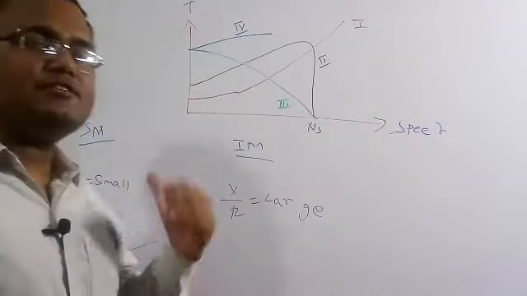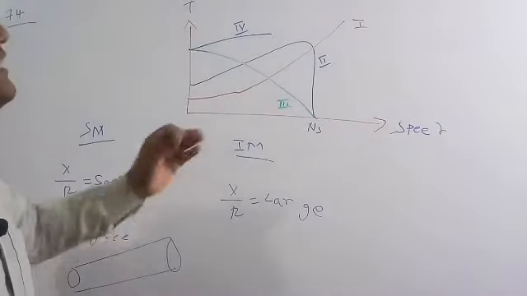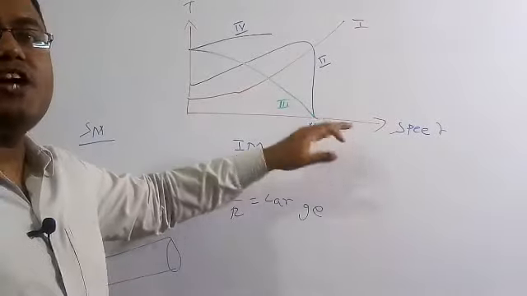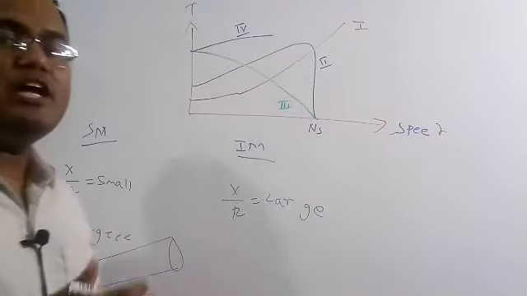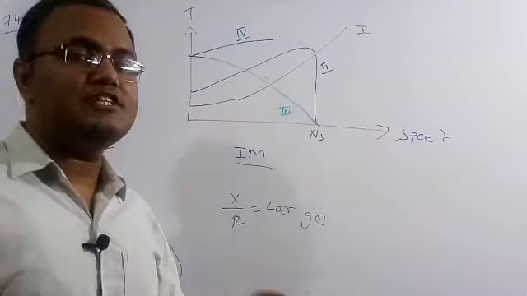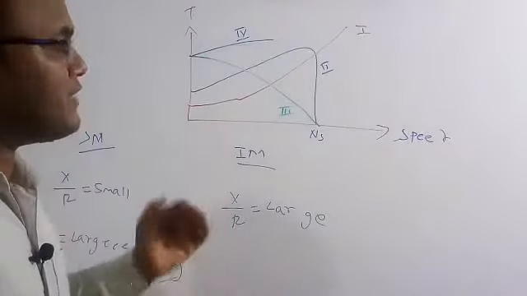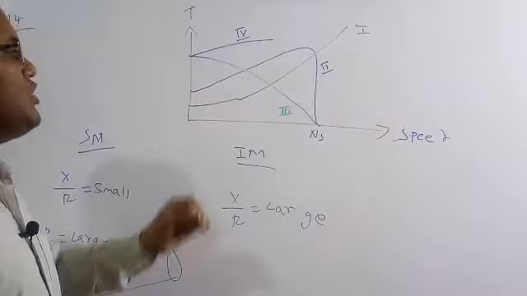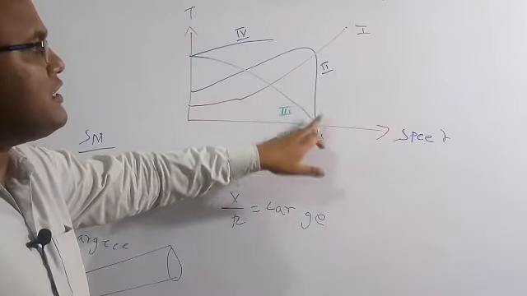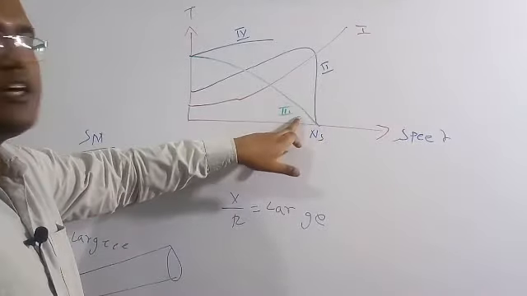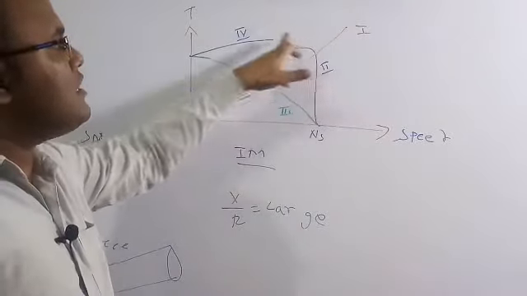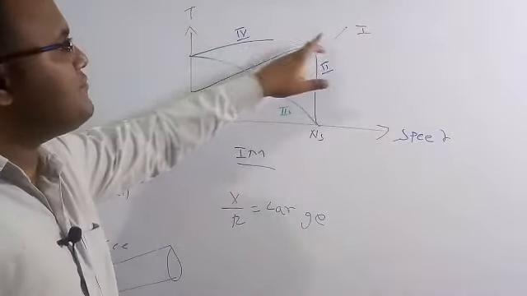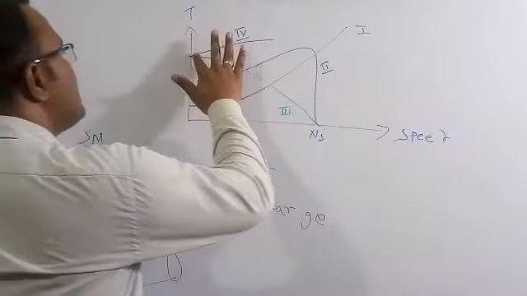Basically, an AC servo motor is nothing but an induction motor. Whenever the induction motor is operating at synchronous speed, the torque has to be equal to 0, because there is no slip between the rotor and the stator. Therefore there is no relative speed, so no relative flux, meaning the torque has to be 0. So here the torque is 0 only for the second curve and the third curve. The remaining curves are non-zero, because at Ns the torque values are non-zero for the fourth and the first. So these 2 curves are not the correct answers.